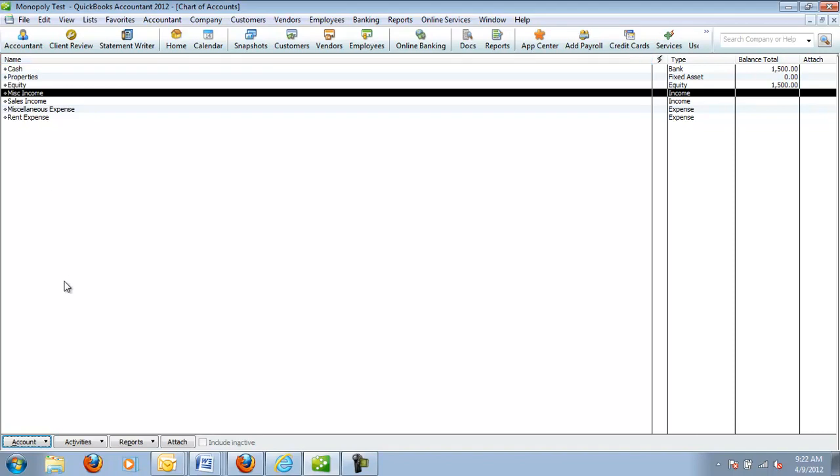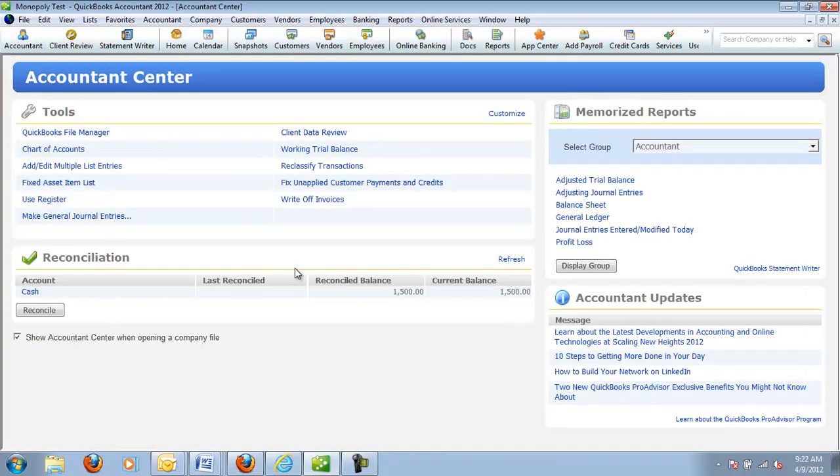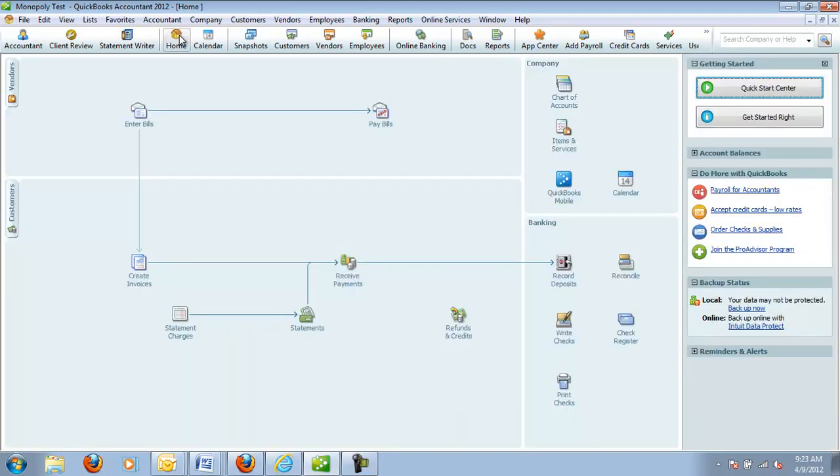So now that I've got my chart of accounts set, I can close it, and I'm pretty much ready to go. The next main page that I would go to is this home page. And I'll come back next time and we'll talk a little bit about creating invoices and creating bills,